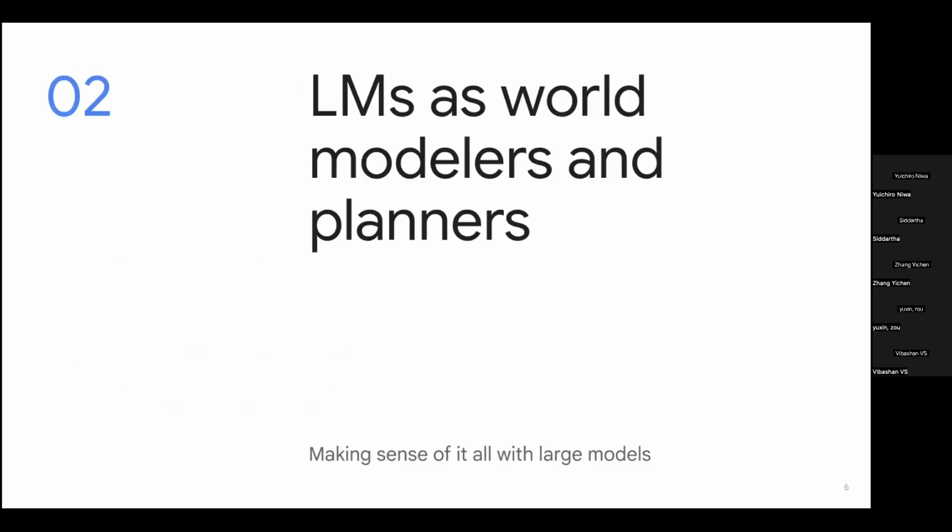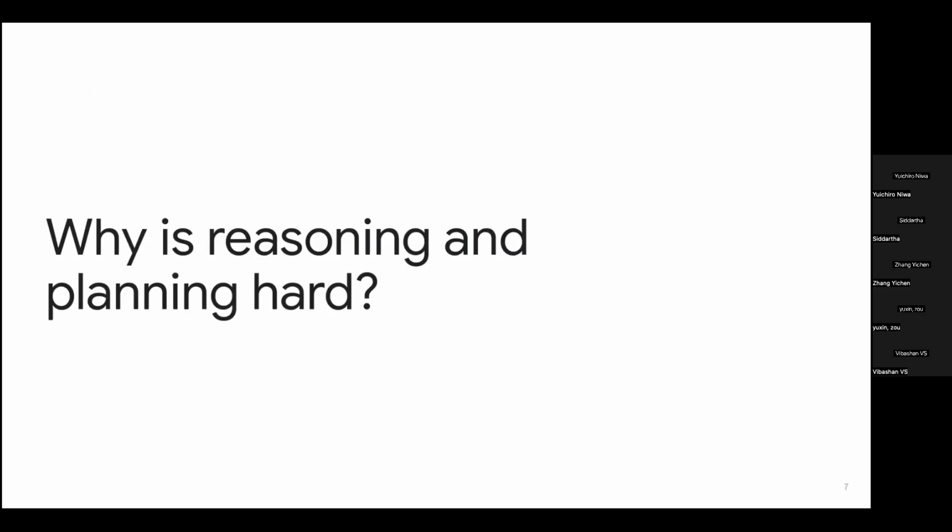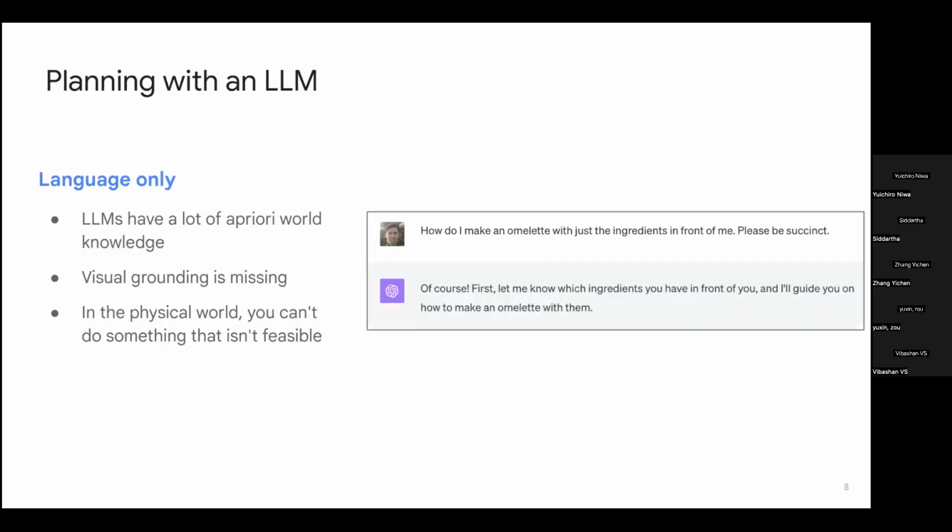Now, off to how we use these large models that we're here to talk about as world modelers and planners. First of all, why reasoning and planning is hard. Let's start with looking at language models. So LLMs encapsulate a lot of a priori knowledge about the world. They seem to bake it in there, and that makes them a natural thing to choose for roboticists if we want to plan